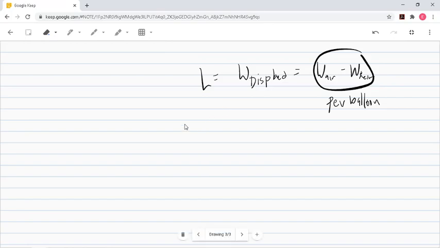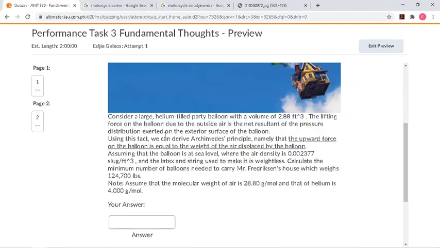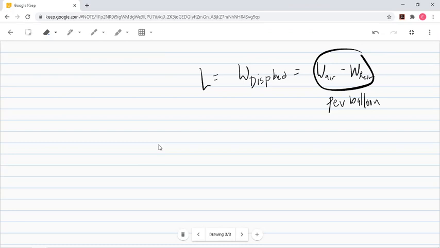And since the house weighs 124,700, simply multiply it by the amount of weight that each balloon can carry. So that's weight air minus weight helium. Okay? And how do we solve for the weight of helium? So that's equal to